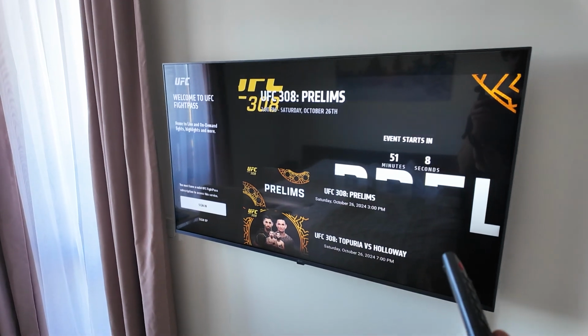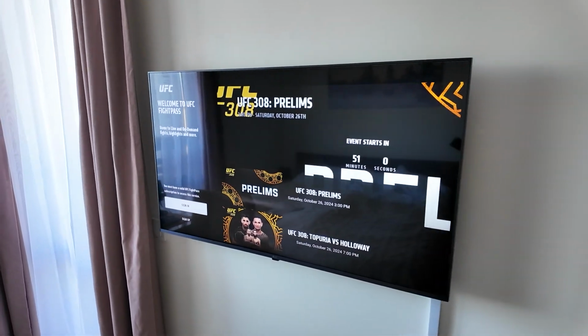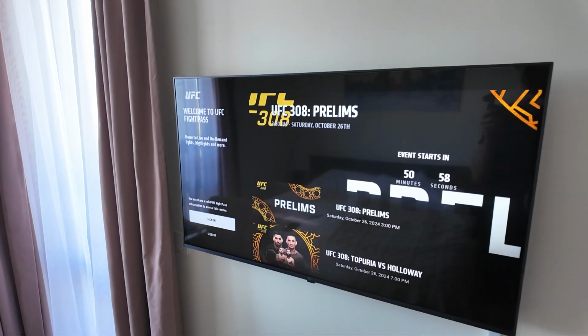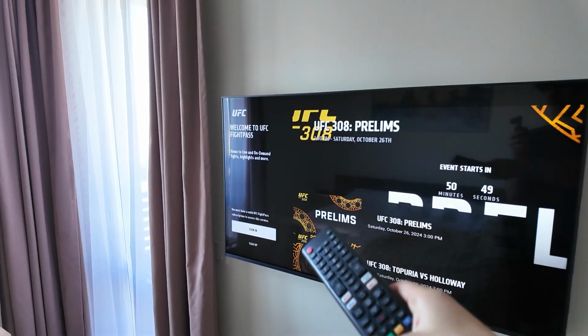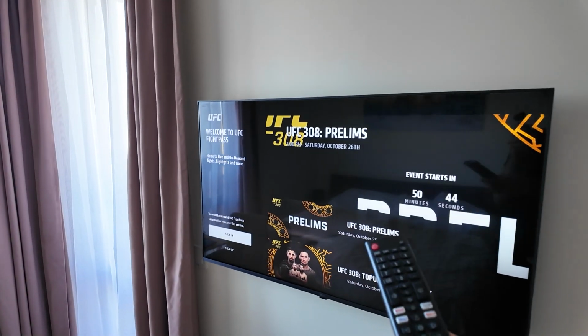application if it's already installed on your LG TV, or if it's not installed, it will ask you if you want to install it. And all you need to do is just to press install, and it will start the process of installing the UFC application on your LG TV, and you can access it very easily in the app line